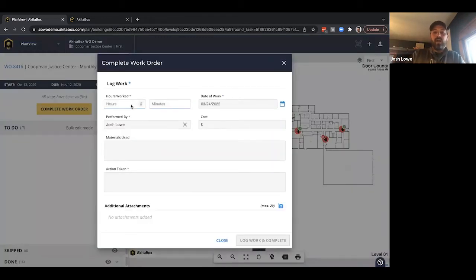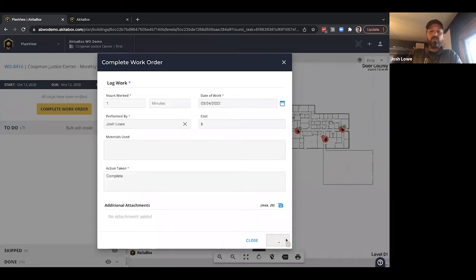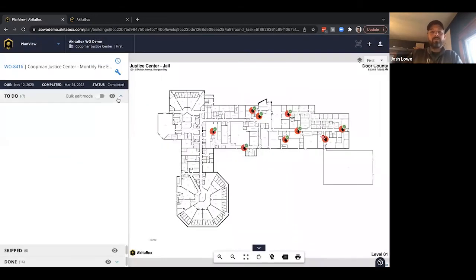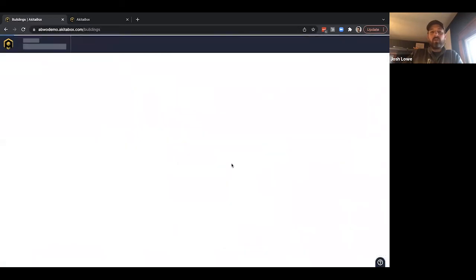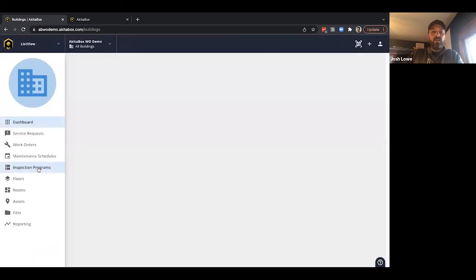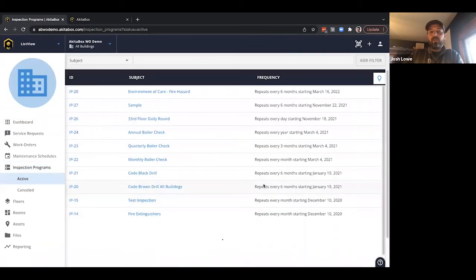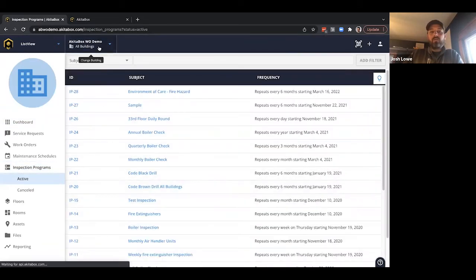I can say how many hours it took me to do this. I can put the date that I did it. I can add that it is complete. And I'll log the work and complete it. And now this has gone back into my inspections program. And so if I go back in to my view here, and I go to my inspections programs,